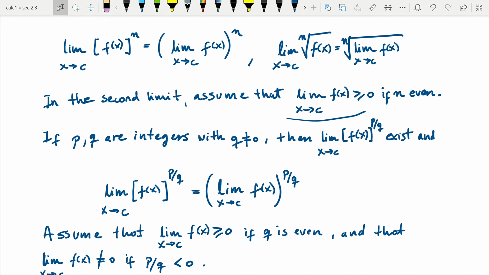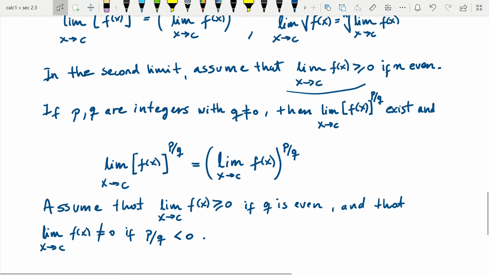Similarly, we can also compute the limit of expressions where f of x is raised to a fraction. So if p and q are integers with q not equal to 0, then the limit of f of x to the p over q as x approaches c will just be the limit of f of x as x approaches c, to the p over q. And again, to be able to take the qth root of this expression, we need to assume